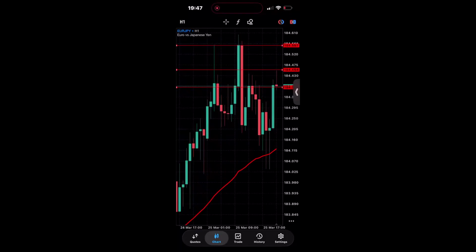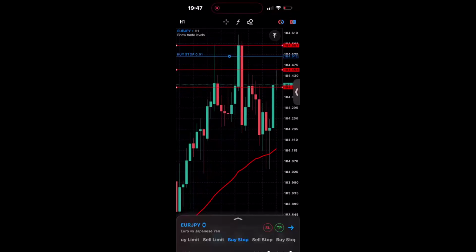If you're on the MT5, what you need to do is very simple. If you're on the MT4, you need to write all these things down, which is very stressful. But the MT5 is quite simple. All you need to do is click on this clock. Since we are doing a buy stop, you can see buy stop already there. If you don't see buy stop, just drag it. You can drag it up to where you want it to be, and then you have your buy stop here already.